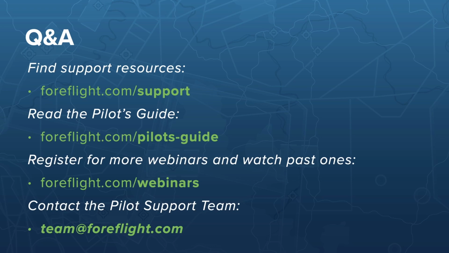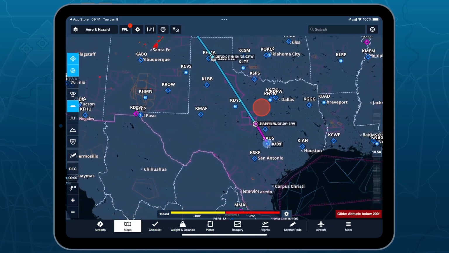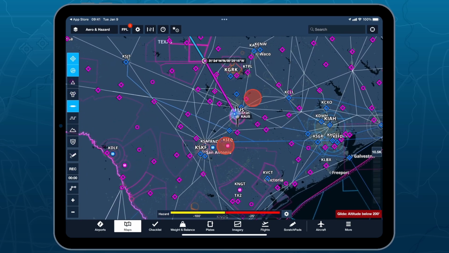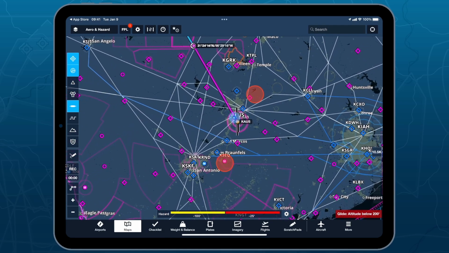Alex, the next question I have is for you. Can you talk about where, if you're looking on the map, let's say you're planning a route, you want to find what frequencies are most likely to be used while you're flying? Yeah, absolutely. There's several ways to do this. It really depends on the type of flying, and I know that's probably just kind of an annoying thing to hear over and over, but if you are flying VFR or IFR,